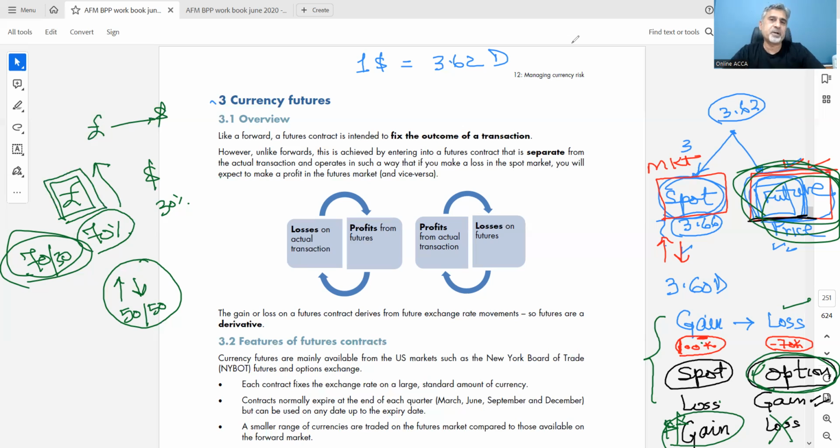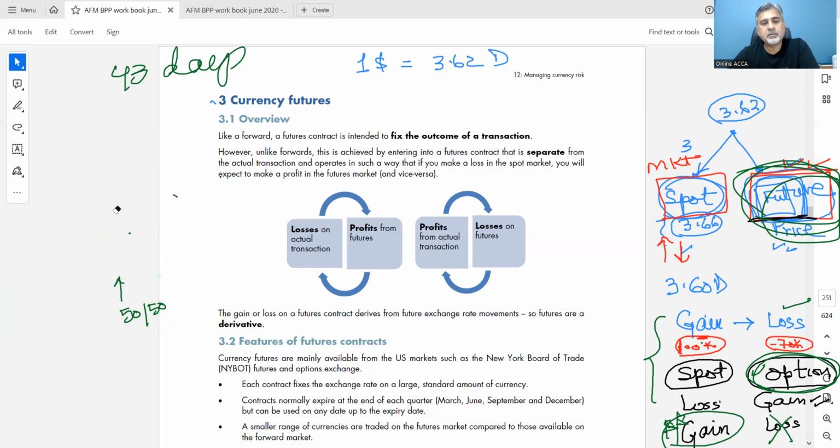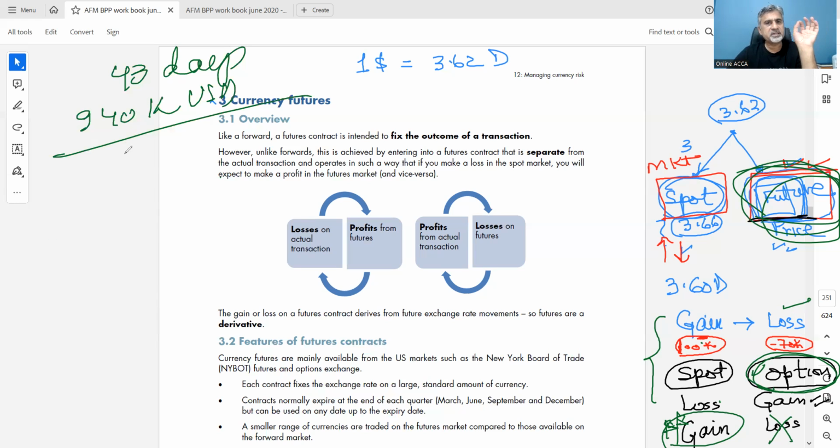Customized date and customized amount. You can make a forward contract for, I need dollars in 43 days. And I need $940,000, 940K USD in 43 days. I can make this contract with someone because forward contract is between me and the other party, 100% customizable, available